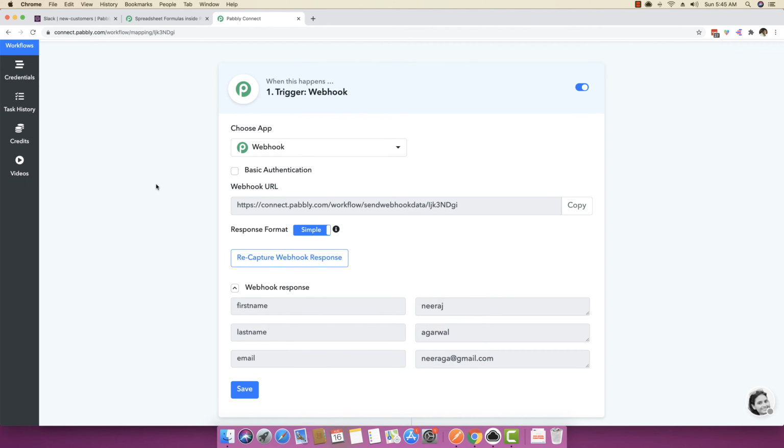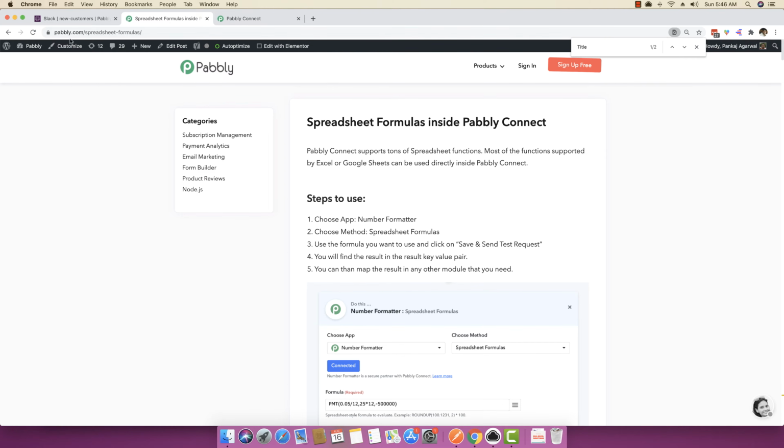So inside Pabbly Connect, we have released spreadsheet functions that you can use to do any kind of mathematical or logical calculations inside Pabbly Connect itself. We have more than 300 functions and formulas that you can pretty much use wherever you want. So currently, as you can see, we have actually created a small documentation, and you can access this